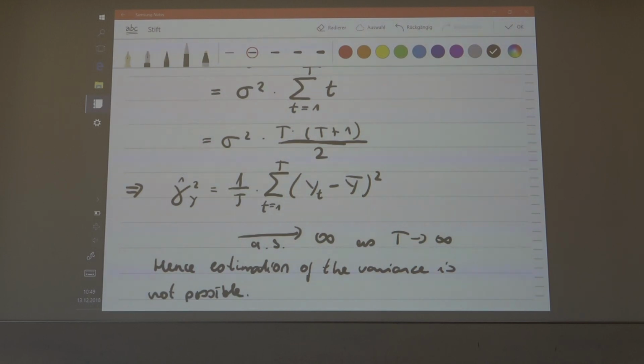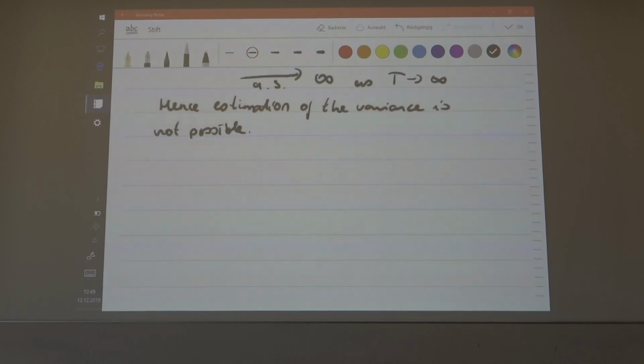And there is also a second property regarding this. The covariance or the autocorrelations will converge in probability to 1. This is the other property that these so-called integrated processes, such as the random walk, will have. I will add this here. This is going to be the second problem regarding this issue.